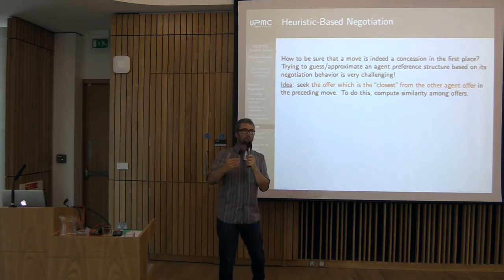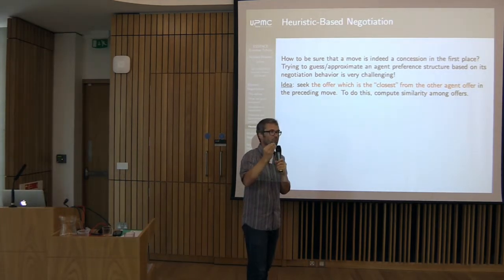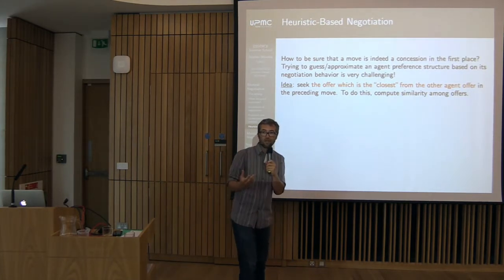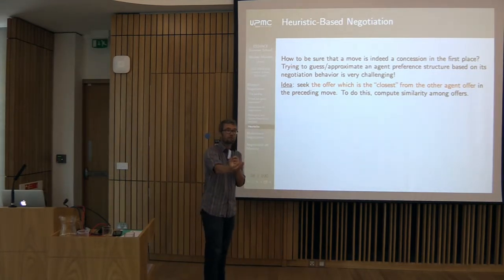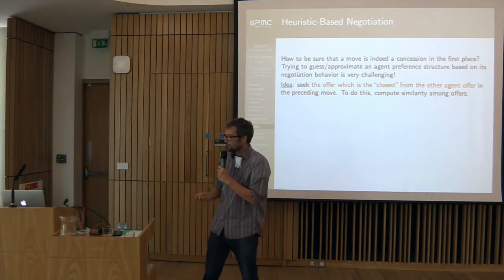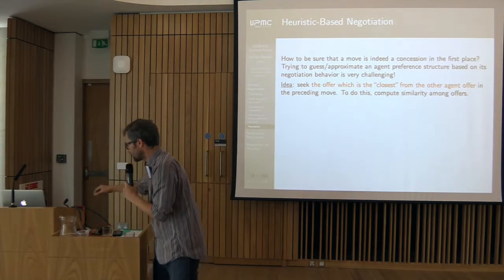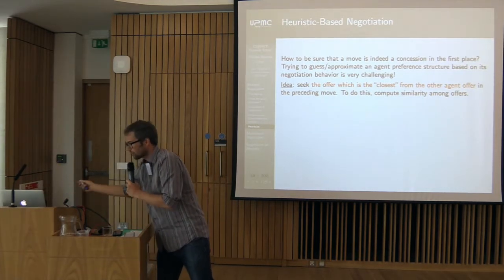So you're in the negotiation process, you make an offer, the other one makes an offer, you will make a counter offer, but you will try to make this counter offer acceptable for the other one. And if you don't know the preference, the only thing that you have available is this offer that the other one just made. So what would you do? What you would do is that you will search for an offer which would be typically close